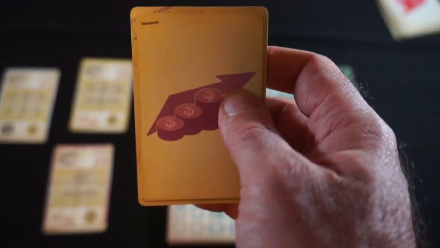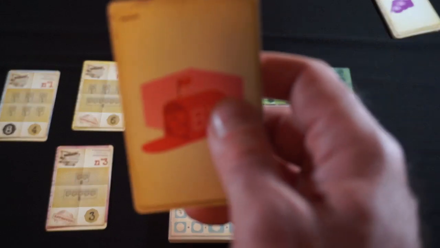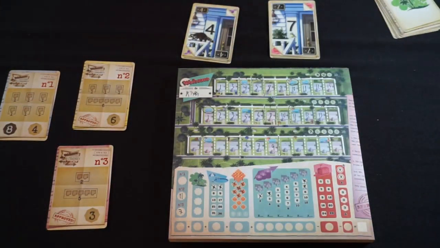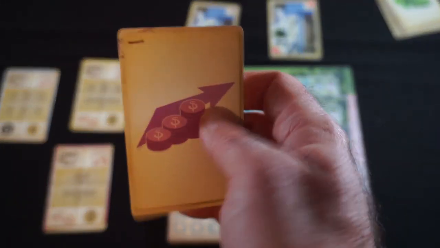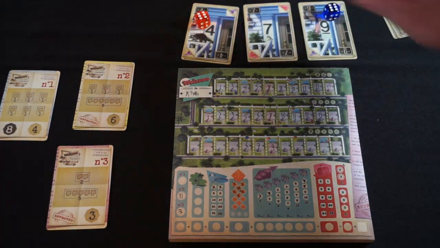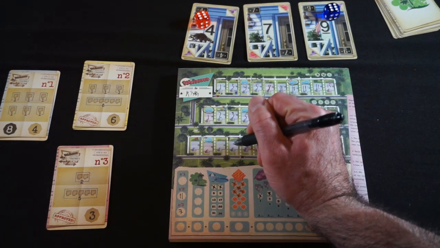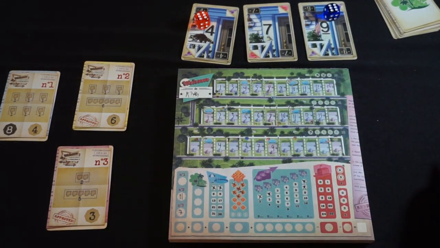On an estate strengthener we find a 4. On a repeat we find a 7. And on an estate strengthener we find a 9. So here I will go number effect, because I can put the 4 down here. Let's do this. Let's put the 4 down here, and then I will make my...